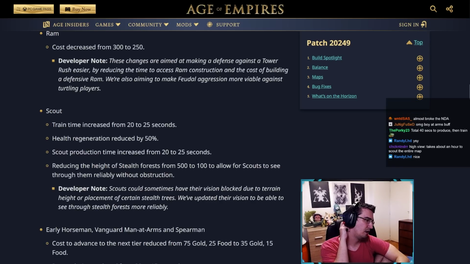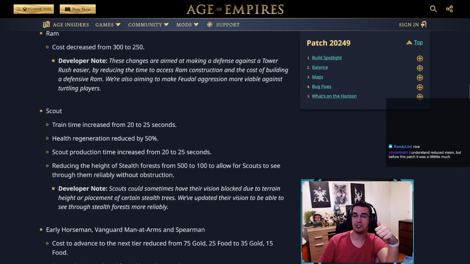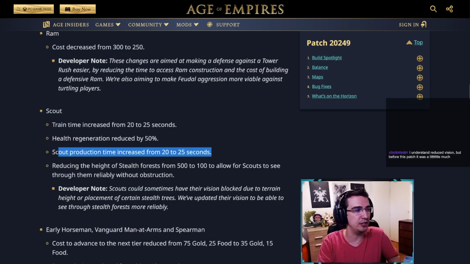Love this change. Scouts could sometimes have their vision blocked due to terrain height or placement with certain stealth trees, without their vision being able to see through the stealth forest more reliably. Now, this is for scouts. This is not for all units. So, this is a great change, IMO. Love that. This one's a weird change. This one...